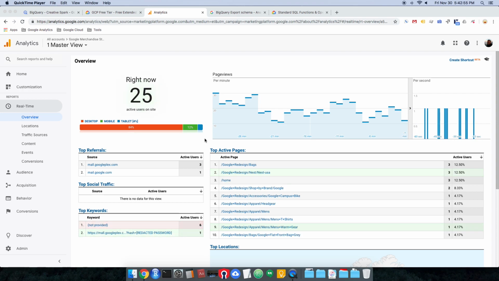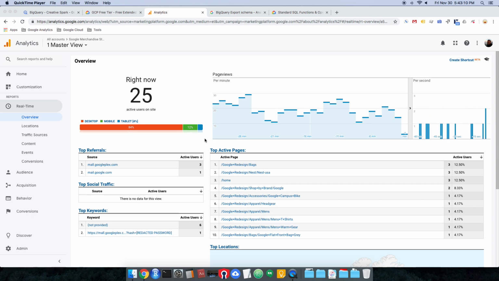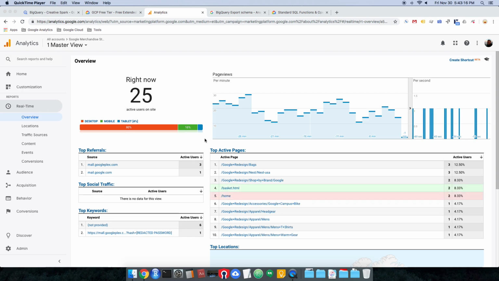What we want to do is a little bit more of an advanced analysis. Right now, really the best way to get your data from Google Analytics into BigQuery is to be an Analytics 360 customer. That's a premium account. I think the cost, last time I checked, was around $150,000 a year. I know that's cost prohibitive for some people, but maybe a data analyst or a data scientist like yourself would